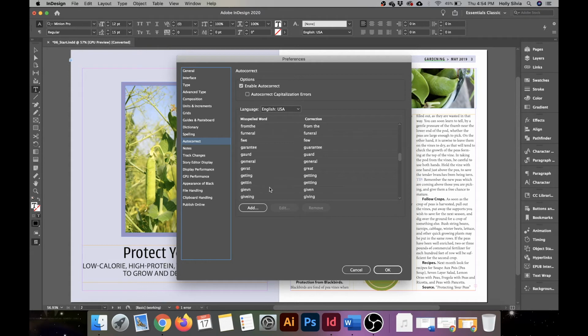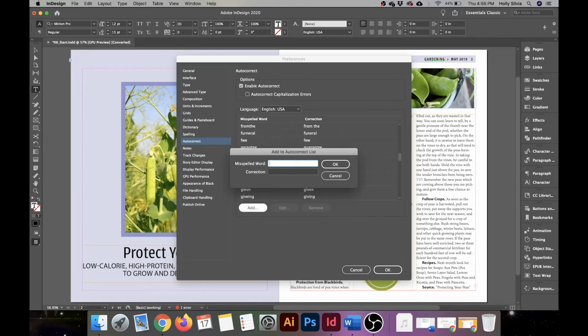And you can see there's already a bunch of options in here where it has the common misspellings and what the correction should be over here. This is really handy for if there's a word that the way you spell it is wrong, but you just can't stop your muscle memory from typing it in wrong all the time. You can actually set up your common mistakes in here and it will automatically correct it to what it should be. Say you keep typing it wrong, it's like